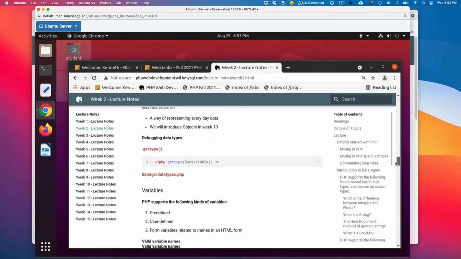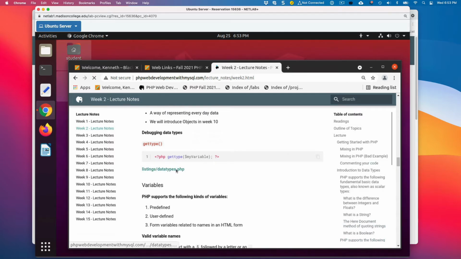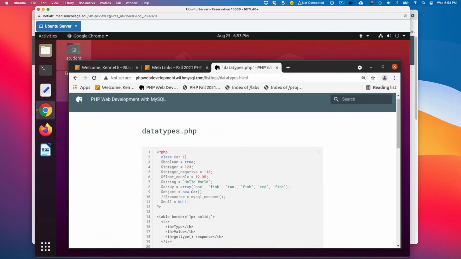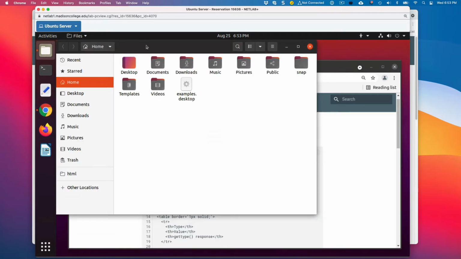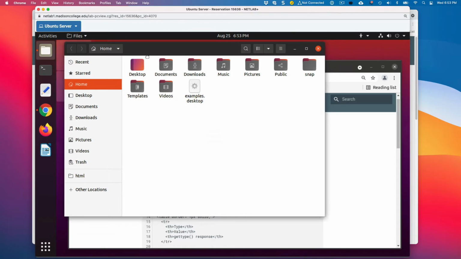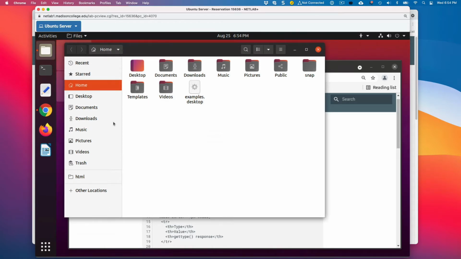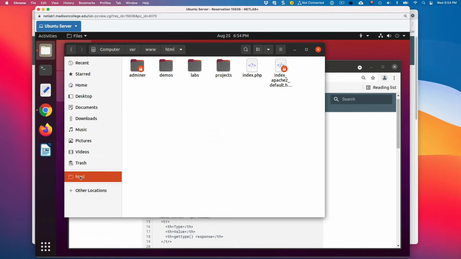listing right here. Okay, so what I want to do is first I'm going to bring up my file browser tool here. Click on HTML because as I mentioned last week, everything that we're serving up from our web server is going to be local.